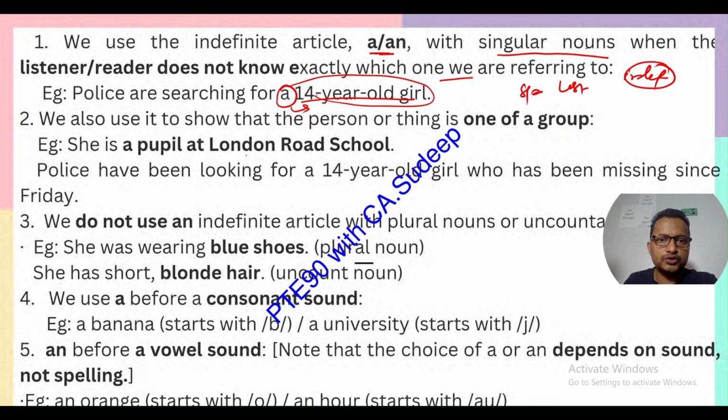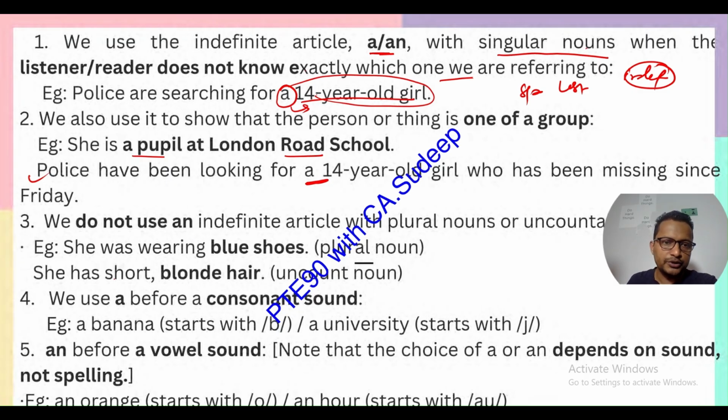We also use it to show the person or thing is one of a group. Like she is a pupil at London Road School, for example. Police have been looking for a 14-year-old girl who has been missing since Friday, right? So this is a 14-year-old girl. We don't know the specifics. Now, we do not use an indefinite article